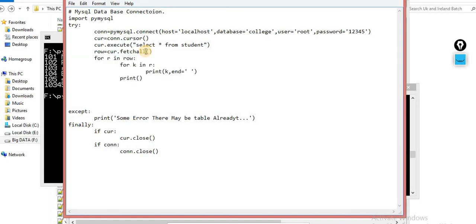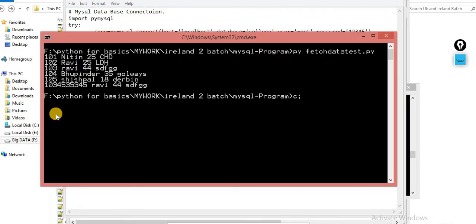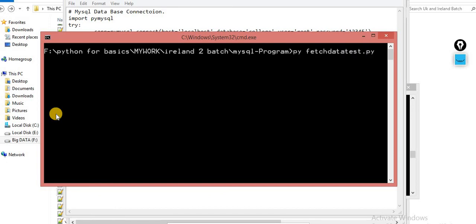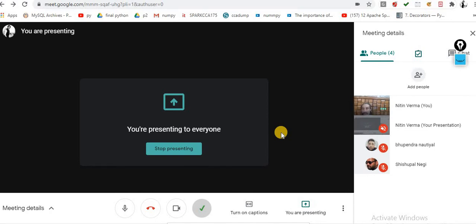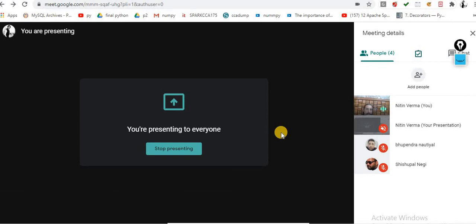Okay, the fetch one, fetch many: let's suppose you want to display 5 records, but it will show only 3 records. Let me show you the 3 records as well. So now you are getting only 3 records. Now, is it a little clear, this is how you can fetch the data? Please do let me know before we proceed further.